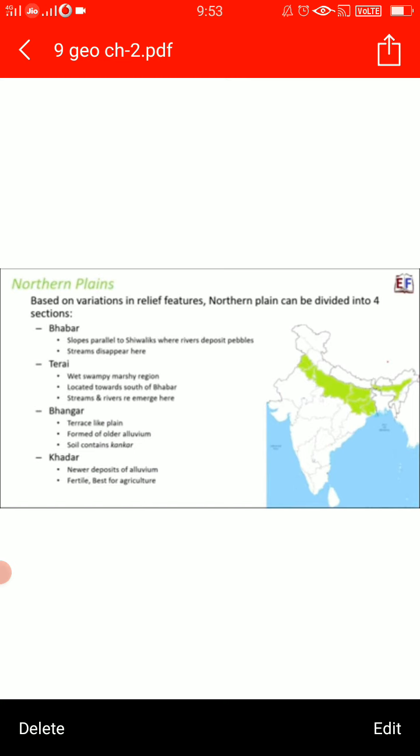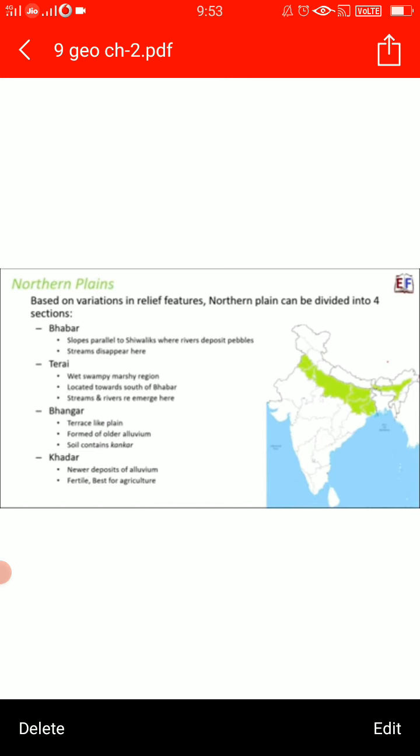Now south of this belt of Bhabar, the streams are again re-emerging, and they are creating a wet, swampy and marshy region, which is known as the Terai region, and it is to the south of Bhabar, I told you. Fine. So this area was a very thickly forested region, and it was full of wildlife.